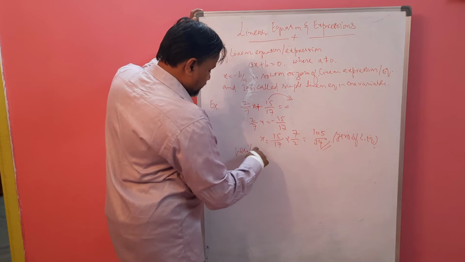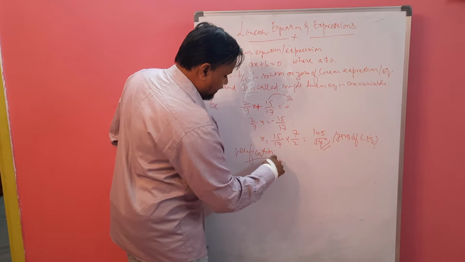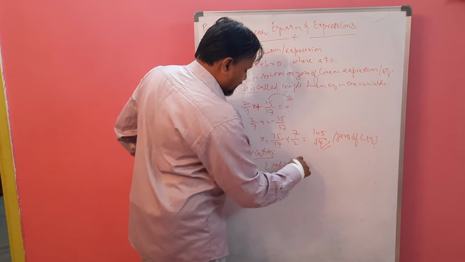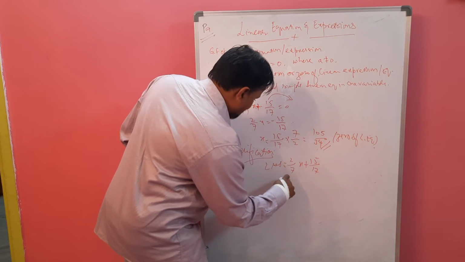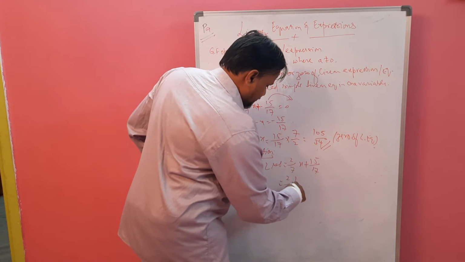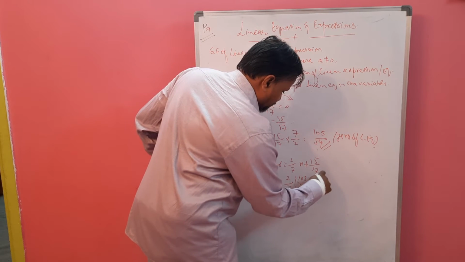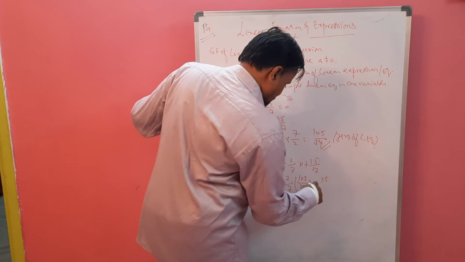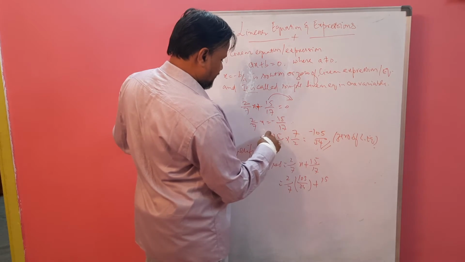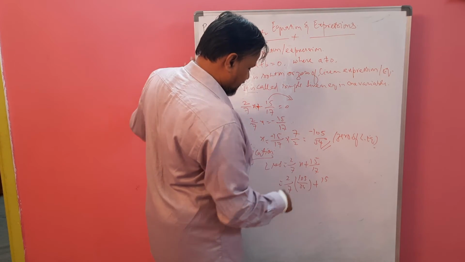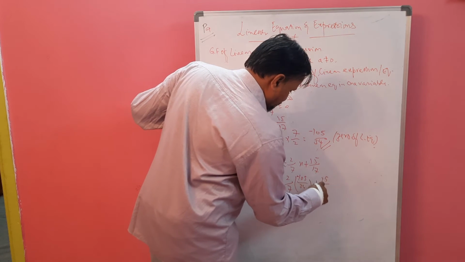Verification. Verification is here. So we have to write left hand side equal to 2 by 7x plus 15 by 17. Now 2 by 7 as it is, we are not changing anything. Now 105 divided by 34 plus 15 by 17. Minus is there. Oh, we have not put the minus. Why are we not getting any negative sign here? Okay, now it is minus. Be careful writing the sign also.